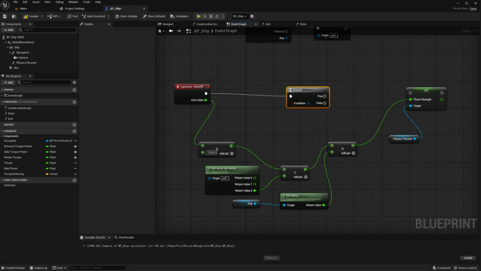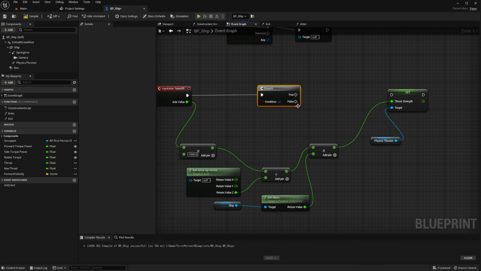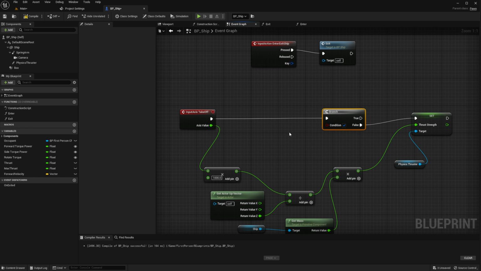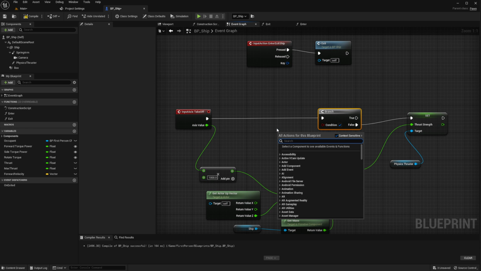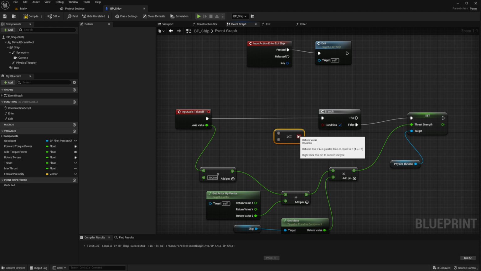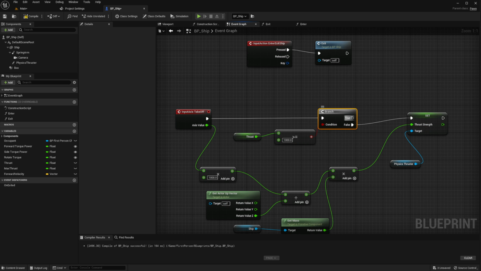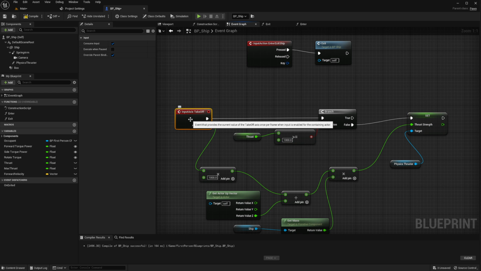So we're just going to connect this, and if it's false, we're going to go up, and if it's true, we're going to move forward. So the condition for this, we will do a greater or equal. So then we'll put the thrust in here. So if the thrust is greater or equal to 1,000, then it's true. So then we'll set the forward velocity. If that is below 1,000, then we'll be able to just go up and down using the C and V